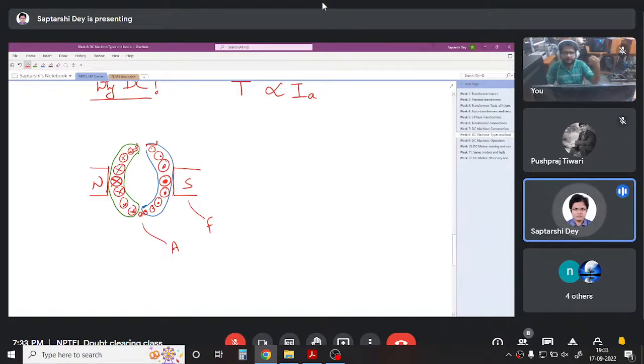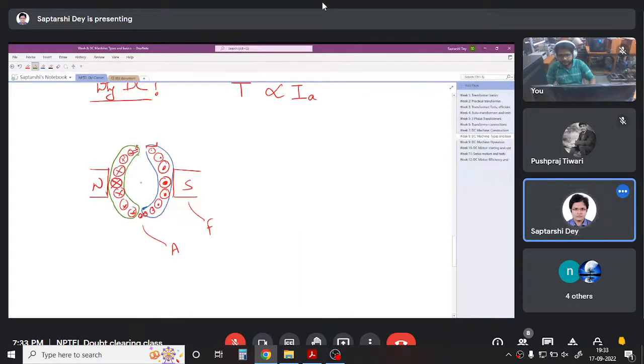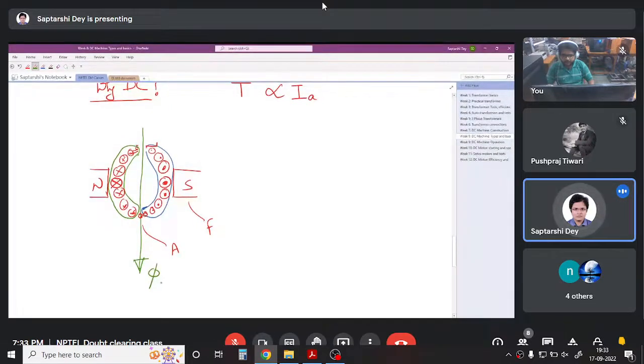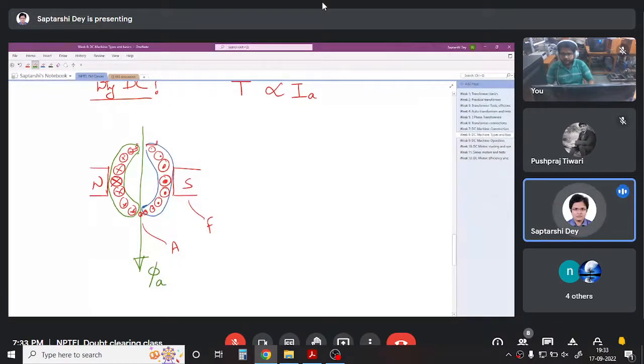This is simply right hand thumb rule. Okay, so this armature field is downward. Yeah, going inside, coming out. Armature field is downward. So phi armature is downward, whereas